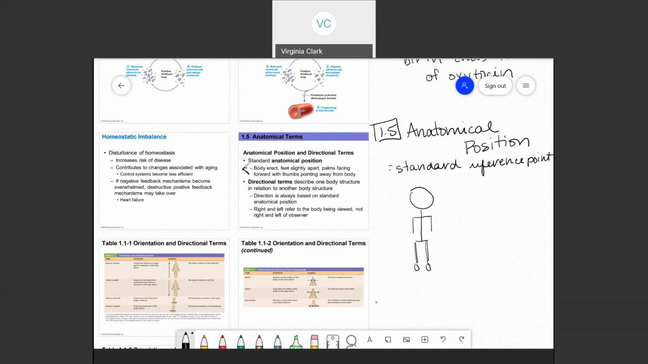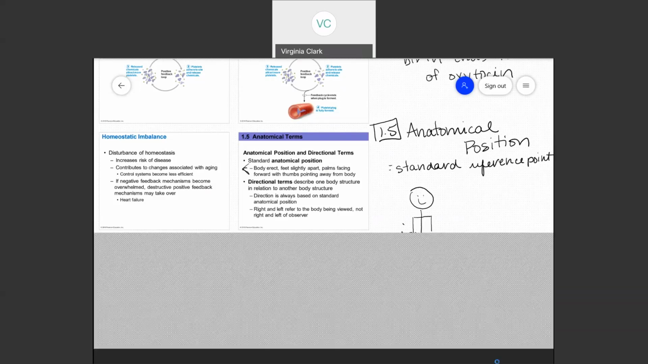So toes are pointing forward, legs are straight, hips are square, shoulders are square, faces forward. The difference is your hands will be, this part will be your pinky, and then inside will be your, the outside will be your thumb, and the inside will be your pinky. So with what you are doing here,